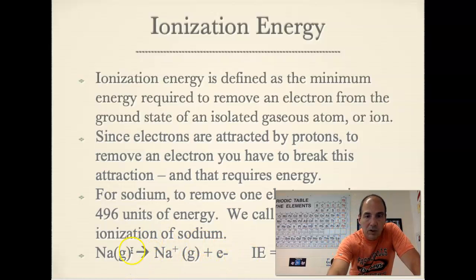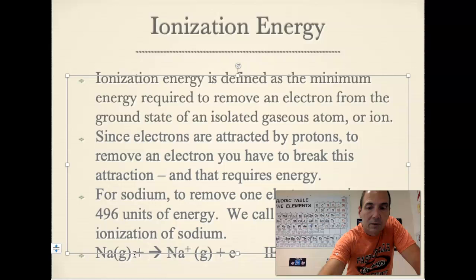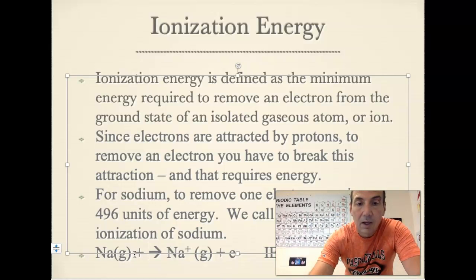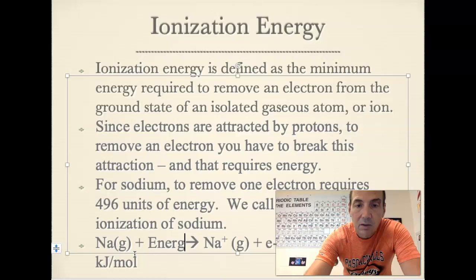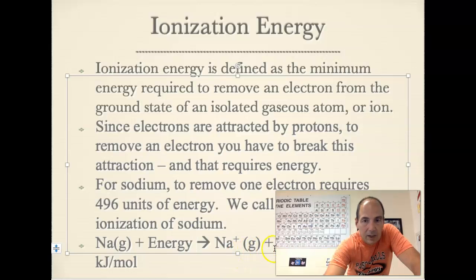And that's what this equation is saying: if I take an atom and I throw in energy, which maybe I should have put a plus energy here, then we get a sodium ion and an electron out of it. And it says specifically that the amount of energy is 496 kilojoules per mole. Well, we don't know what moles are. We talked briefly about kilojoules. So for now, just think of it as 496 units of energy. Let's not even worry about anything more than that.